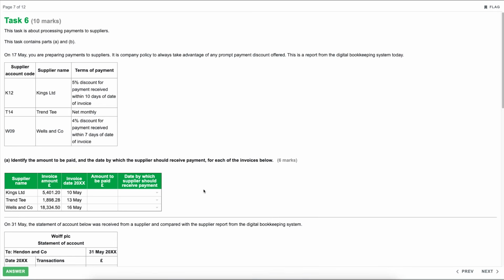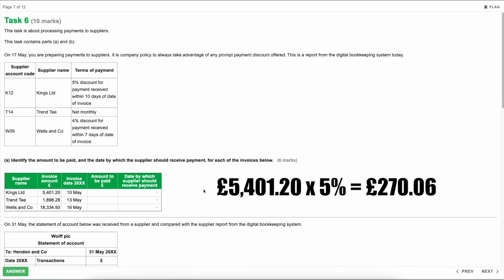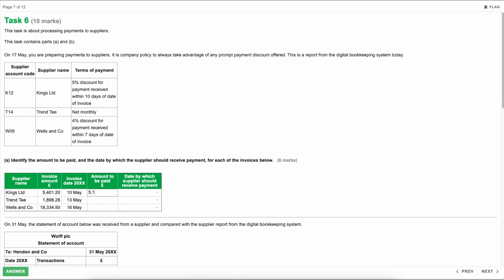So to calculate that, we would first need to do 5% of our invoice amount of £5,401.20, which works out to be £270.06. We can then minus that off the invoice amount of £5,401.20 to give us the amount that should be paid of £5,131.14. Now in terms of when that would need to be paid by, remember it needs to be paid within